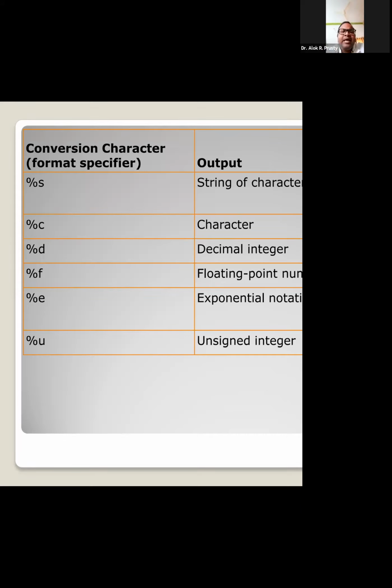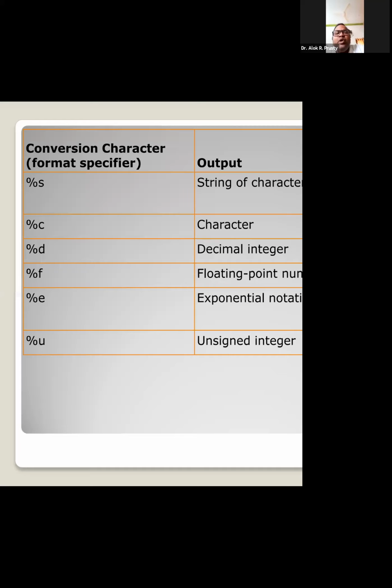Remember this. For character we use %c, and for decimal integer or integer we use %d. Decimal means base 10. Any value like 10, 20, 50, minus 10, minus 20, 0, everything is a decimal number, and that's why %d is used for integer. You can find another word I have written, unsigned integer, and the format specifier is %u in the bottom line.